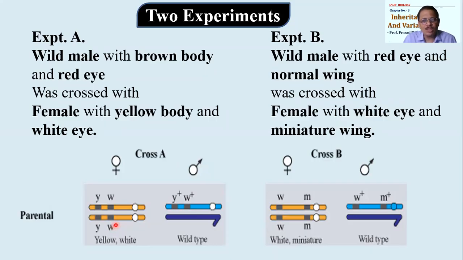During gamete formation, what is necessary? Chiasmata formation and crossing over. क्या यहाँ पे क्रॉसिंग ओवर और चियास्माटा फॉर्मेशन होगा कि नहीं होगा, इधर ही देखना पड़ेगा. मेल में तो नहीं होगा बिकॉज दीज आर नॉन होमोलोगस क्रोमोसोम्स, है ना. X chromosome and Y chromosome are non-homologous chromosomes, and that's why there is no chiasmata formation and crossing over. But in case of this, there will be chiasmata formation and crossing over possible, but the genes are same, है